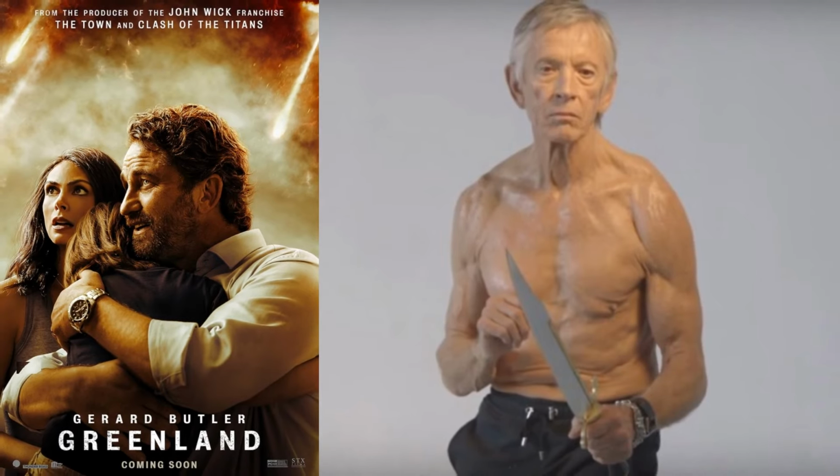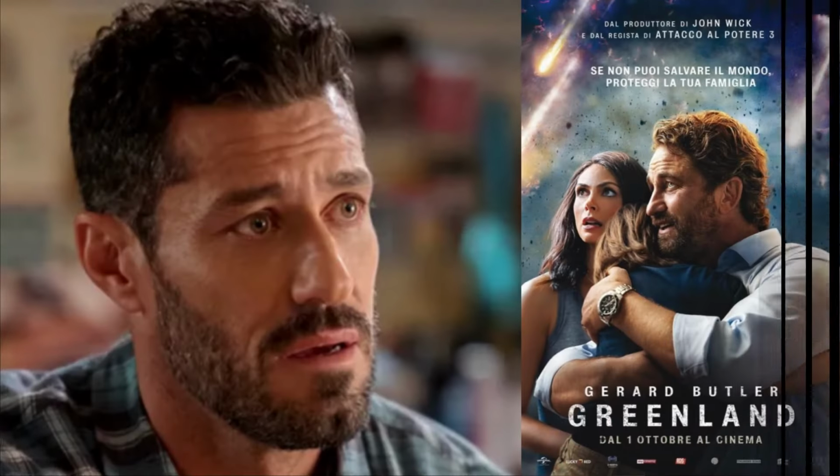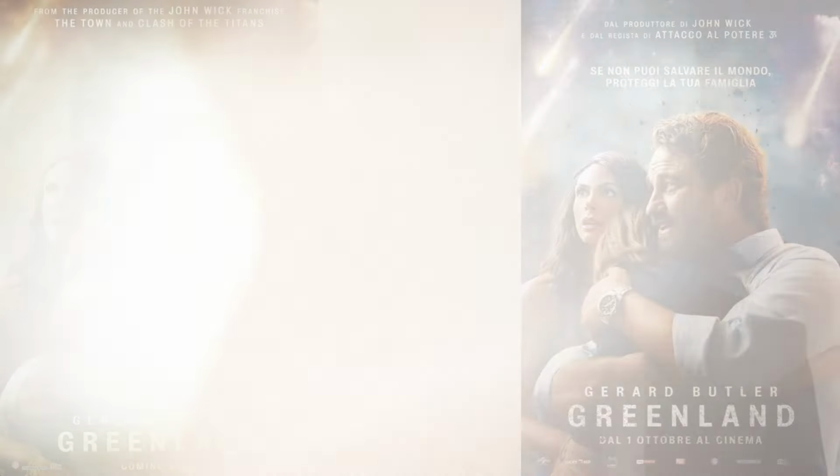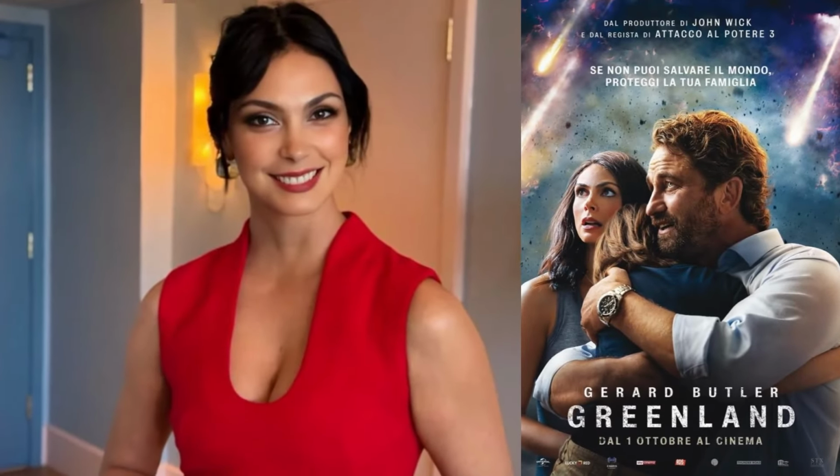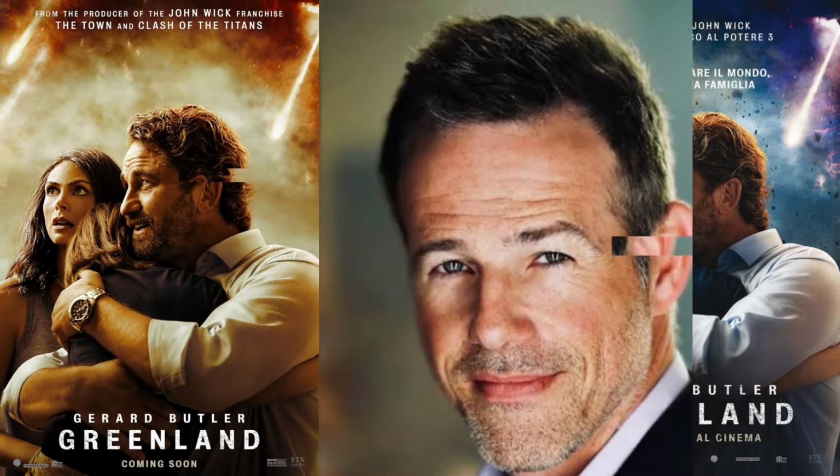Overall, the set design and locations in Greenland do much more than provide a backdrop. They actively shape the story and the viewer's emotional experience. They make the world feel fully realized, believable, and compelling, inviting the audience to step inside a reality where disaster strikes not just in grand spectacle, but in the messy, intimate details of everyday life disrupted. This careful attention to production design is a big part of why the film's tension and emotional resonance hit home